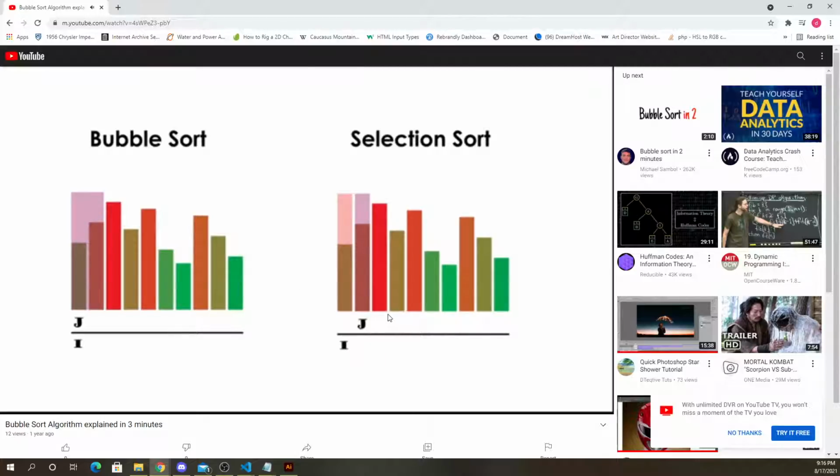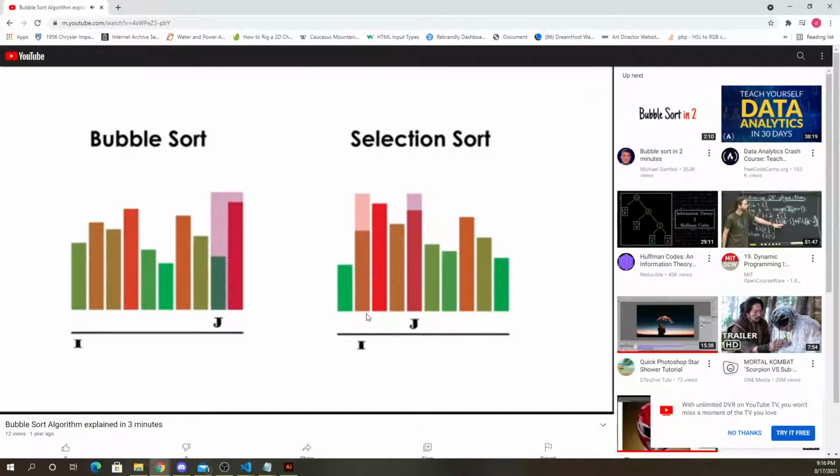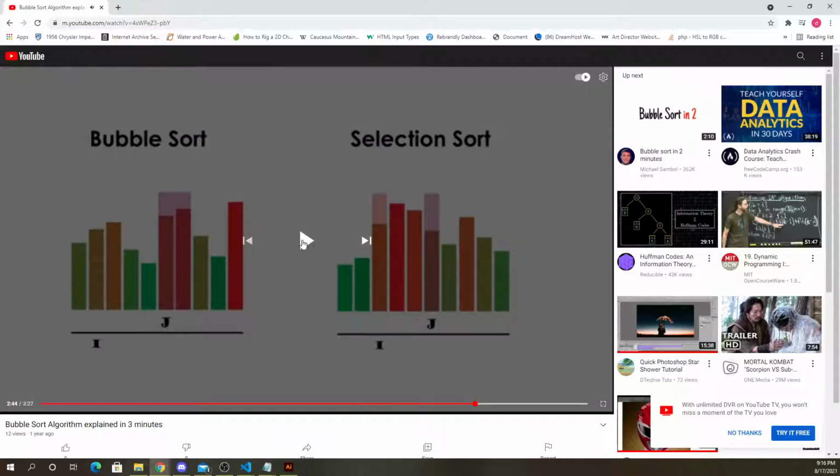Okay, selection sort works a little bit differently, but it still has a big O of n squared. Selection sort. So again, it's not the best way, but it is faster. And the reason why I think it's faster is because with the selection sort, the J keeps increasing, but you keep comparing whatever J is to I. So if it ends up being smaller than the I, then you switch them. So what makes that faster is